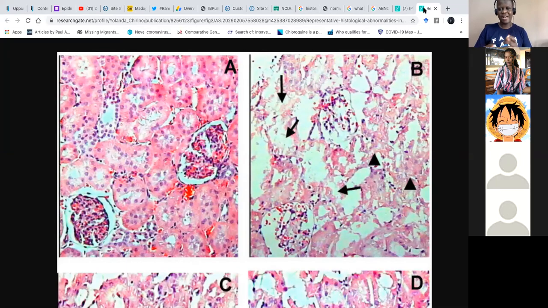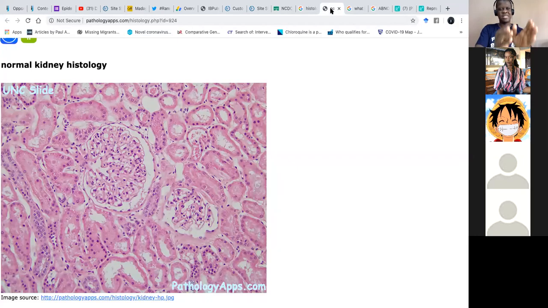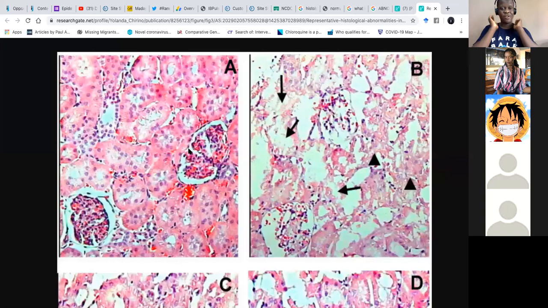Every tissue has its normal structure. And so when the patient has a particular disease, you can compare with what you're expected to see in the normal tissue, like the kidney on your screen. This is what you're expected to see in an ideal tissue. But when you are not seeing that, and you are seeing this, obviously from your first view of that slide under the microscope, you can say right away that something is wrong with the patient. And so that is what we do in histology.